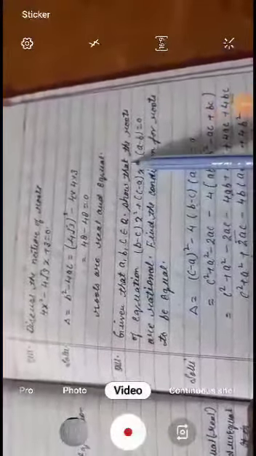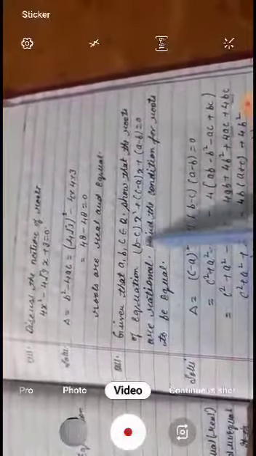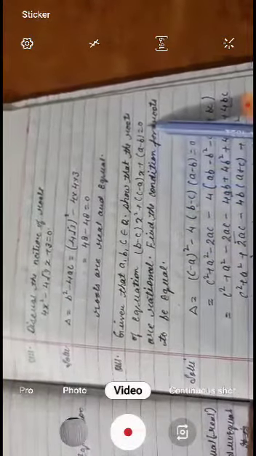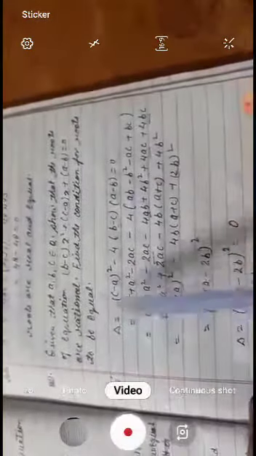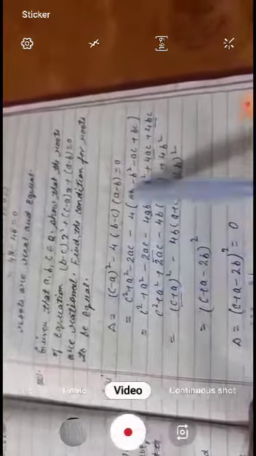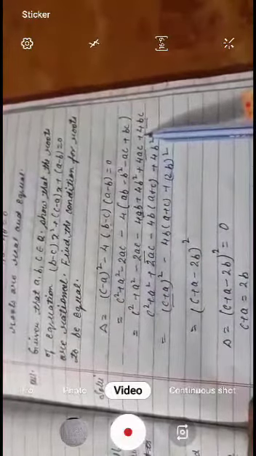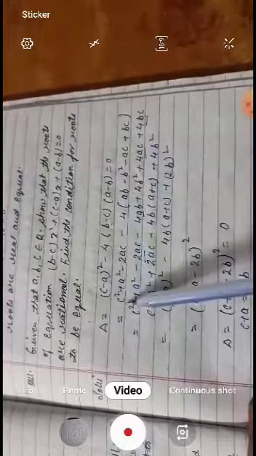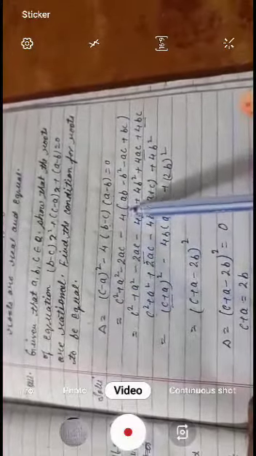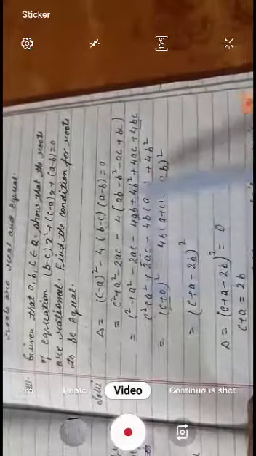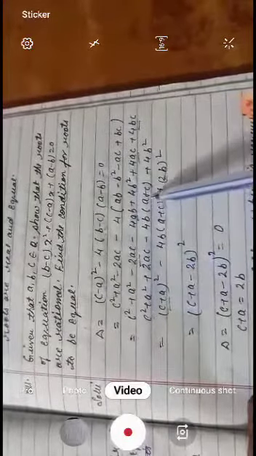Next, given that a, b, c belong to Q, show that the roots of the equation (b - c)x² + (c - a)x + (b - a) = 0 are rational. Firstly, we have to find the values of a, b, c and put them in b² - 4ac. Open the bracket and multiply by 4 in this bracket and by the minus sign, and then arrange it in a systematic way